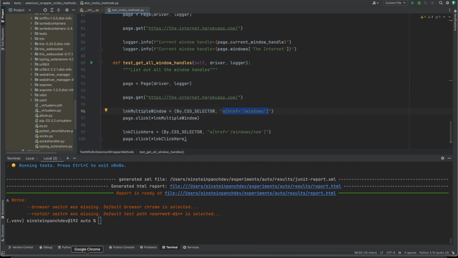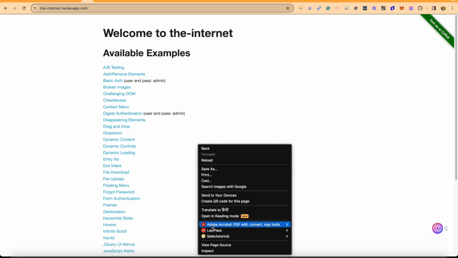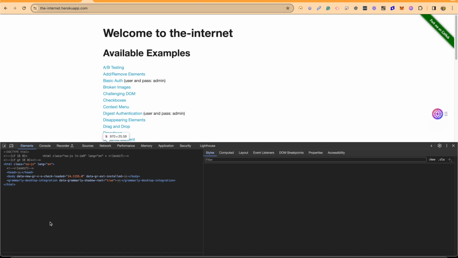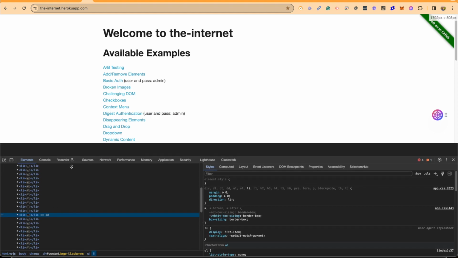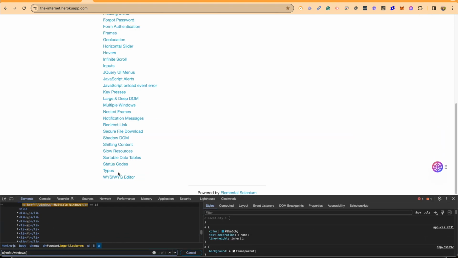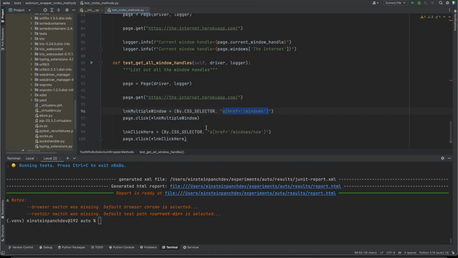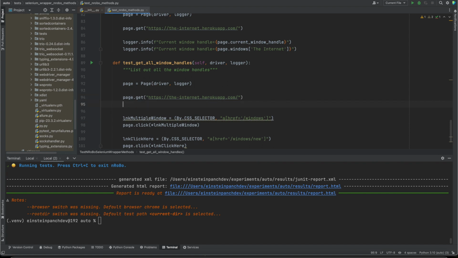So, let's see. Click over Windows, multiple Windows link, and then let's